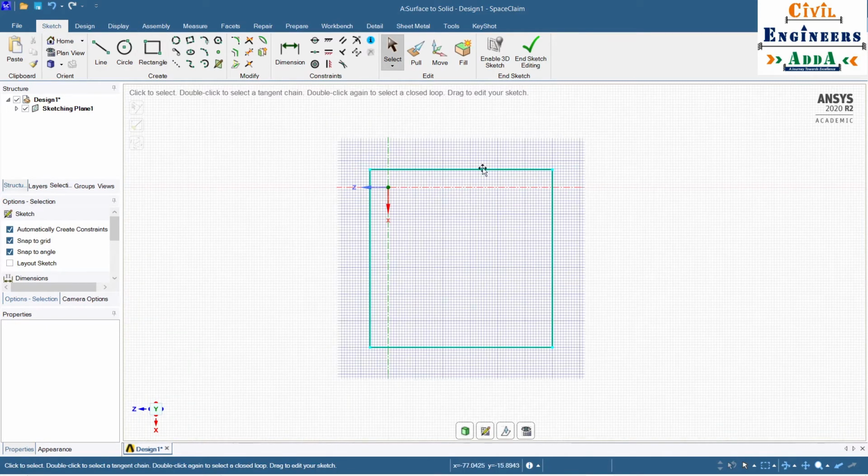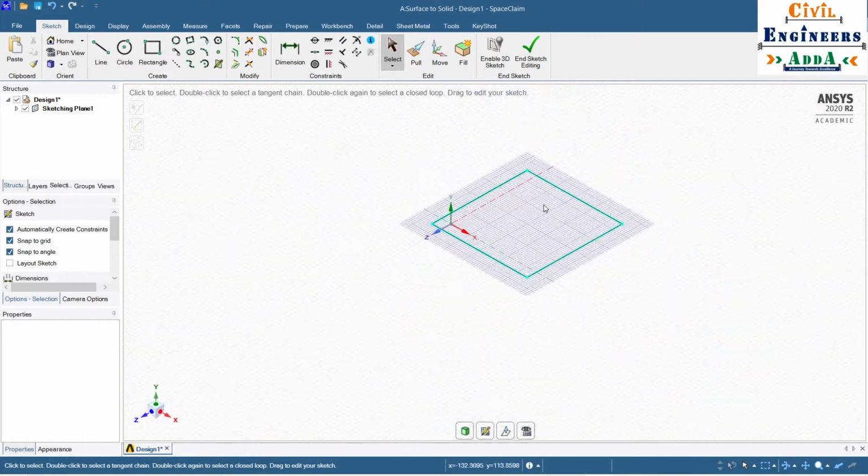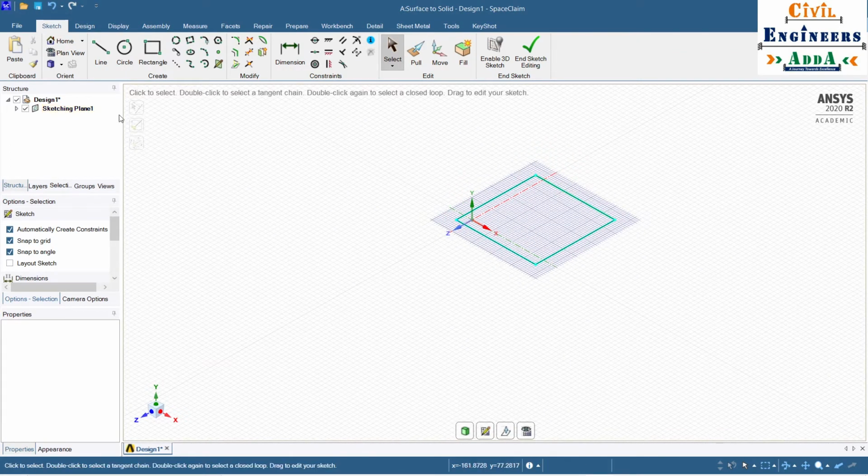Now, this is a plane here. My dear friends, you are able to see that whatever geometry you create will be available in the structure tree. In this structure tree, whatever elements you create will automatically go on adding. This is a sketching plane now. So this is already a plane. Let me switch to an isometric view. So this is a plane here. When I come out of here, it is a plane.